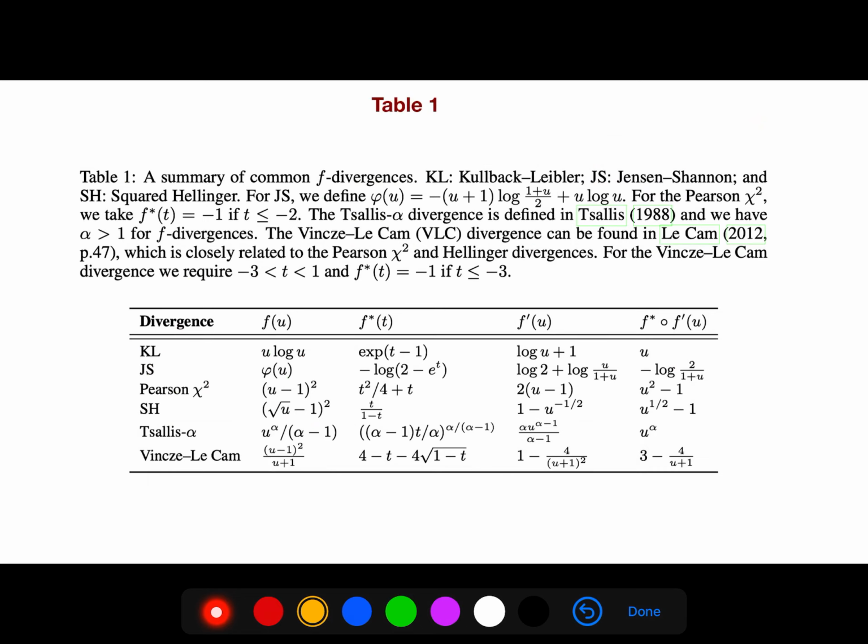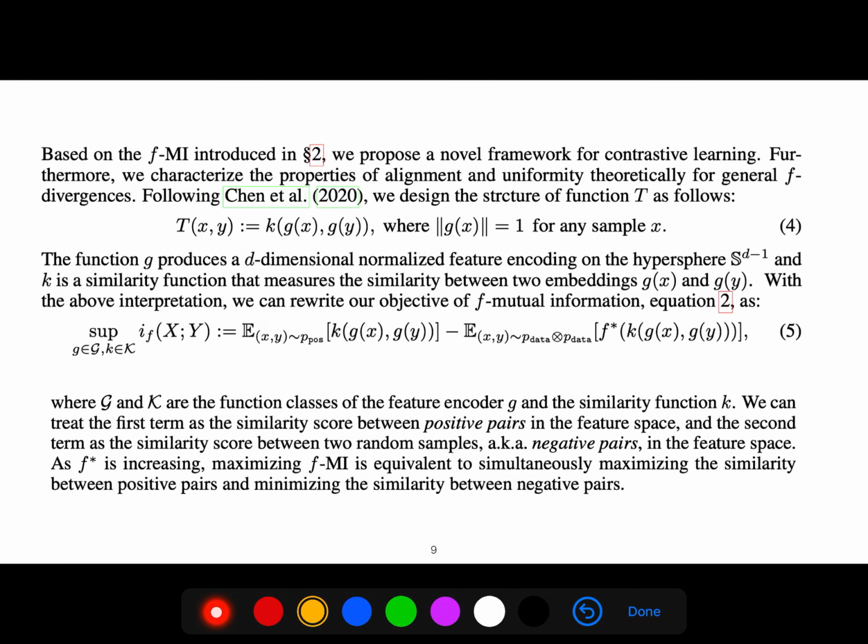So there are many different divergences, like KL or Jensen or other divergences. Based on the F-mutual information, we propose a novel framework for contrastive learning. We characterize the properties of alignment and uniformity theoretically for general F-divergences. And then we design the structure of function T,